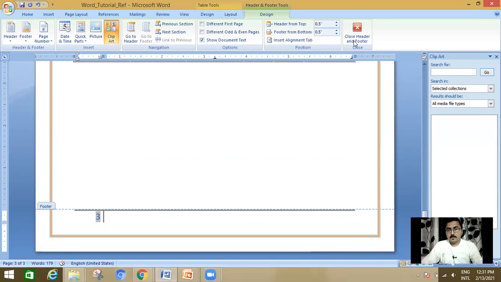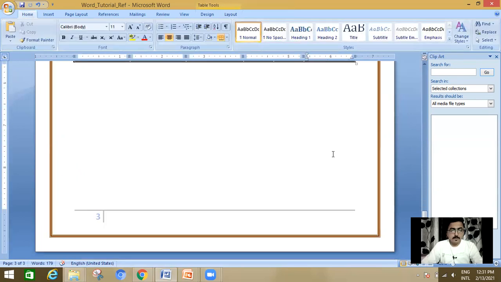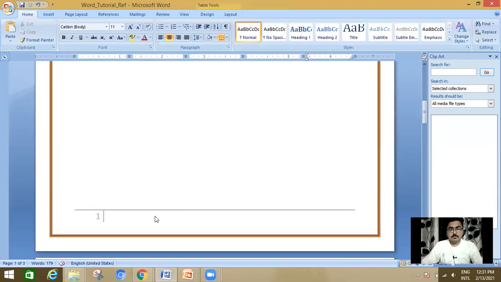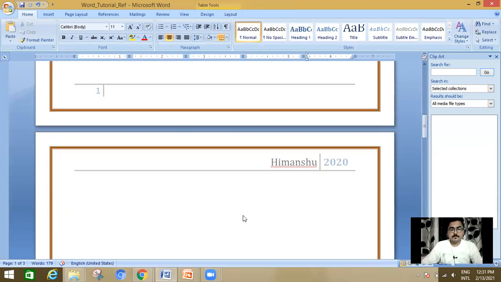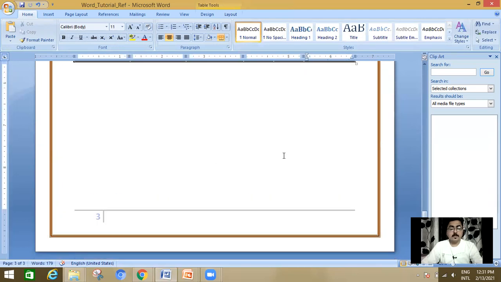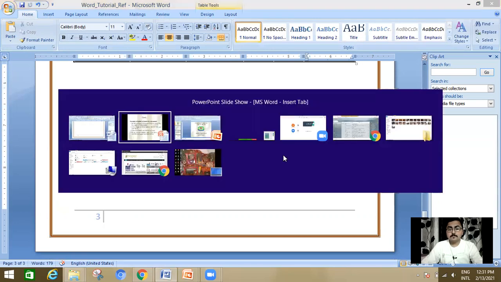And after that, close header and footer. Now the page number will appear in the lower section of each page of your document. First page, second page, and the third page. I think it is very clear to you what the purposes of header and footer are. Okay.